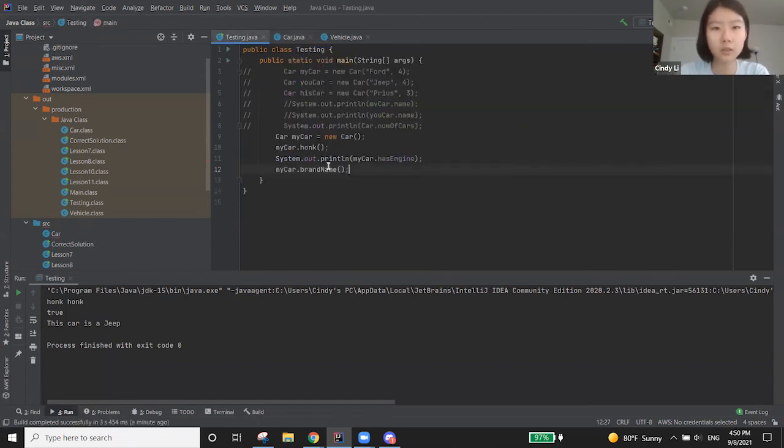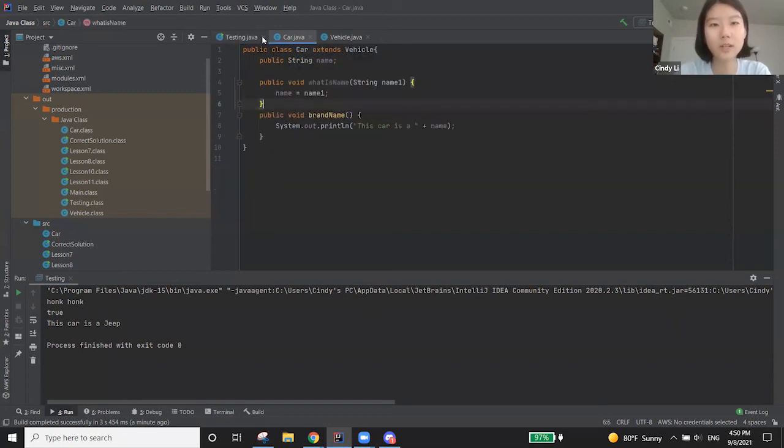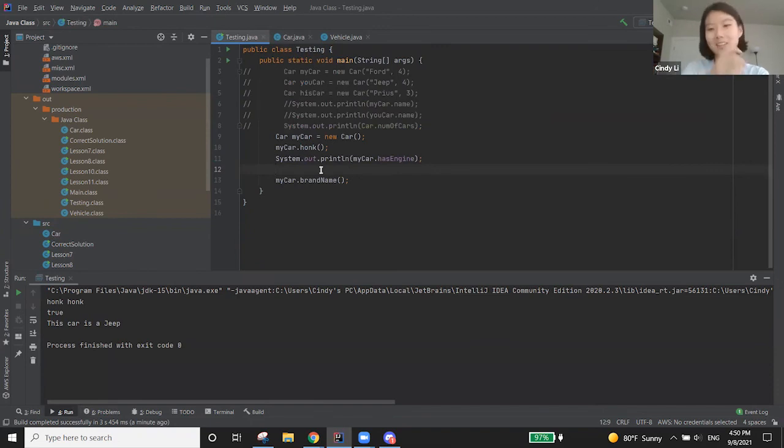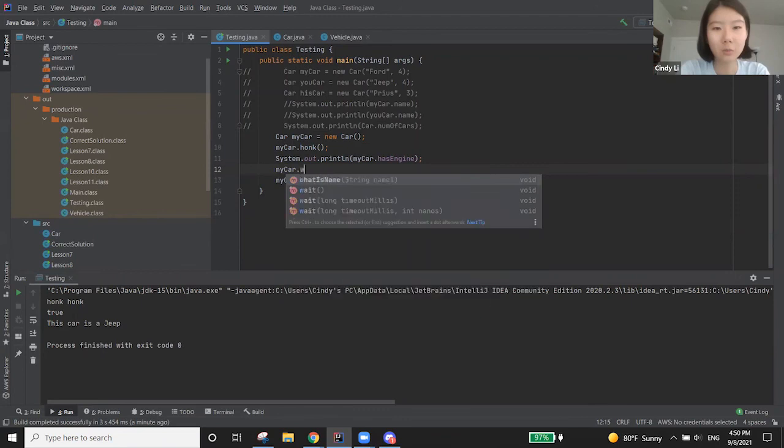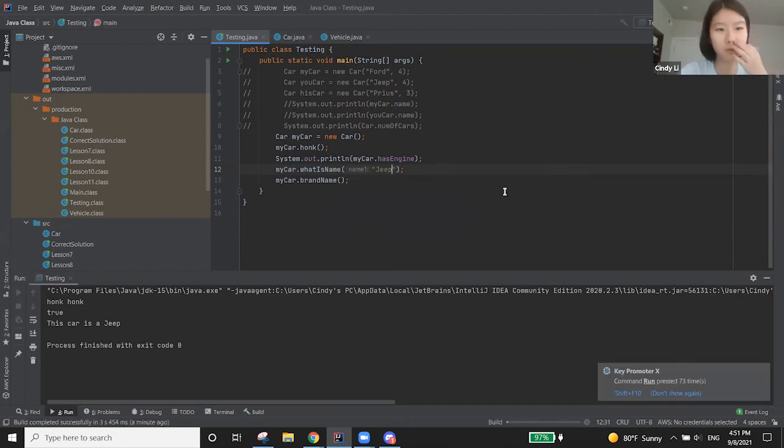So over here we can do, what is the name of the car? Okay, the method is, I forgot the name of the method already. myCar.whatIsName. Now we do this. It means it should still print out the same thing, right? But if we change it to Ford,